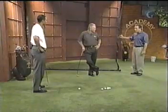Well, it's such a frustrating drill because obviously you don't have the power, but more than anything, you can't cheat. You can fake it in your real swing at the real speed, but you can't fake it at that speed. When you take it up to the top, stop, then go, there's no faking it. When you do the go, is it you really working hard to allow the arms to fall down and leaving this